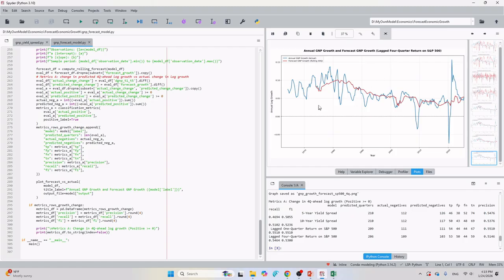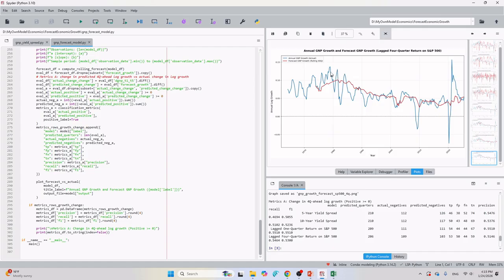Now, let's compare our forecasting results with the actual GNP growth. Here, I'm going to use the second derivative to compare. That means if this curve goes up and our forecast curve also goes up, that means the economy is accelerating growth. We'll say it's correct.